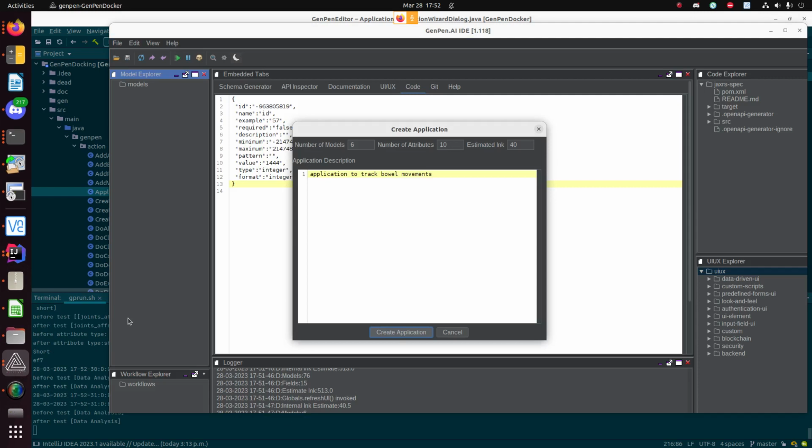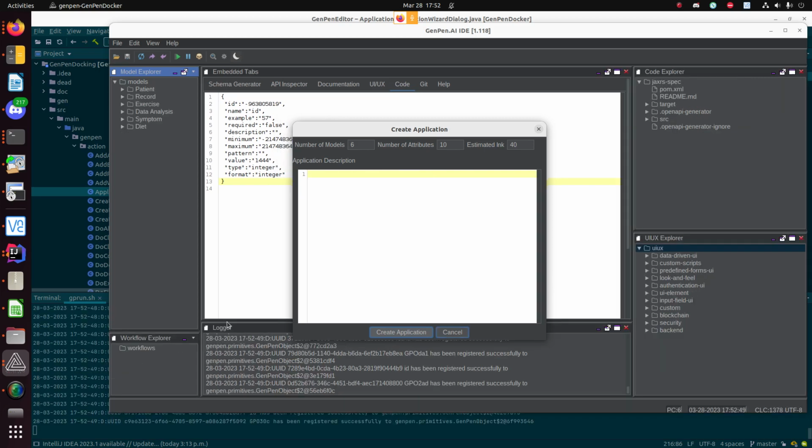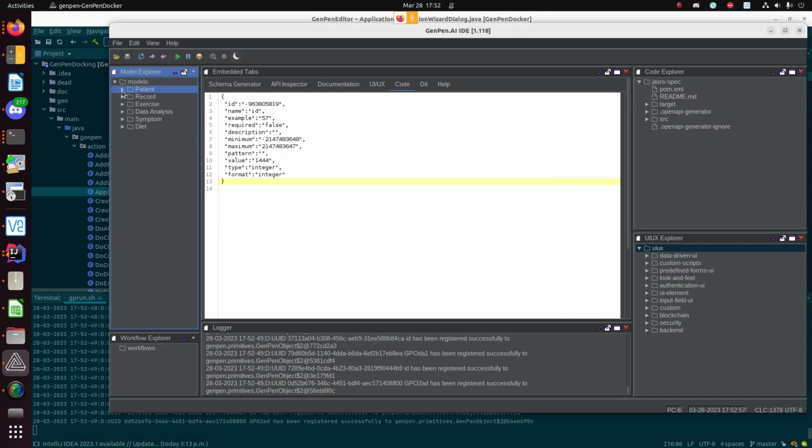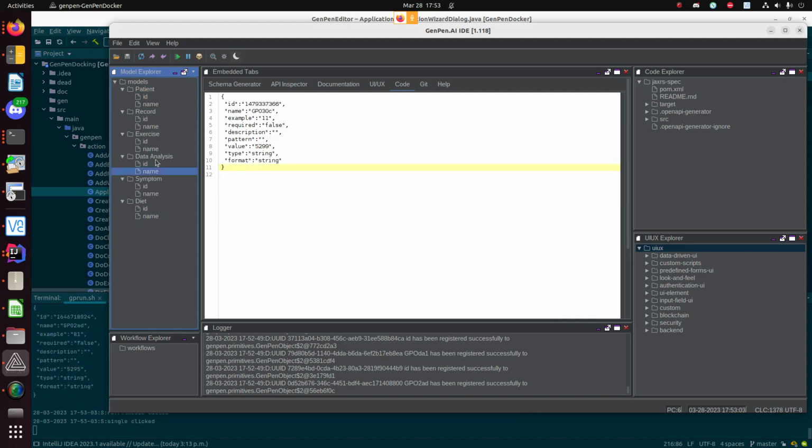you know, it's thinking about what models it wants to have. It's got a patient and maybe blood and stool. So it's thinking about it, and this is the application that came up. All I did is type in an application to track bowel movements. It looks like it was not able to fill these in,